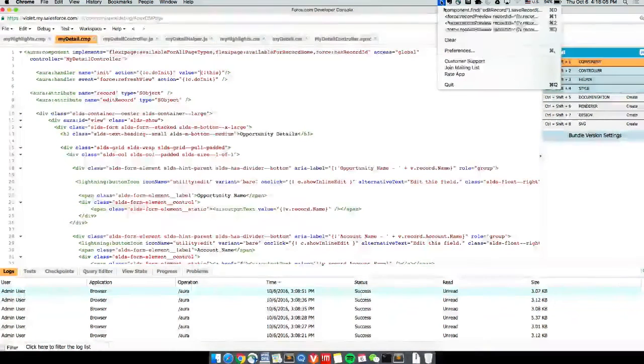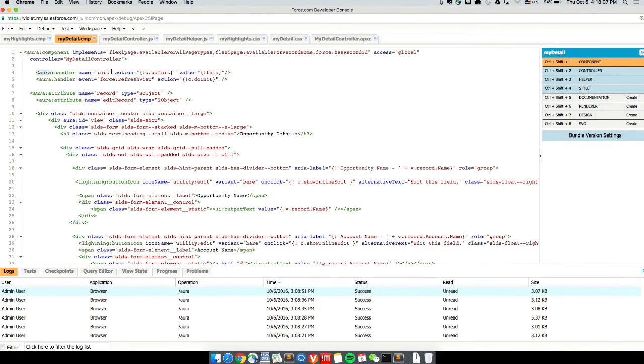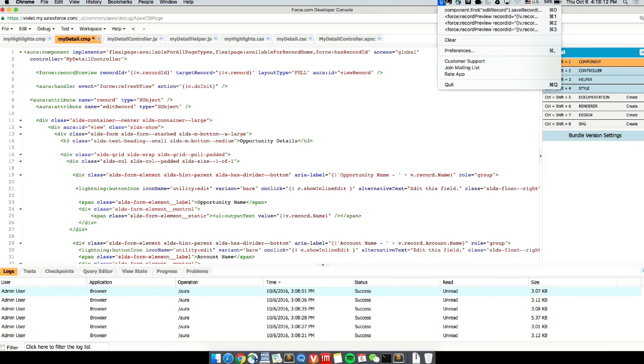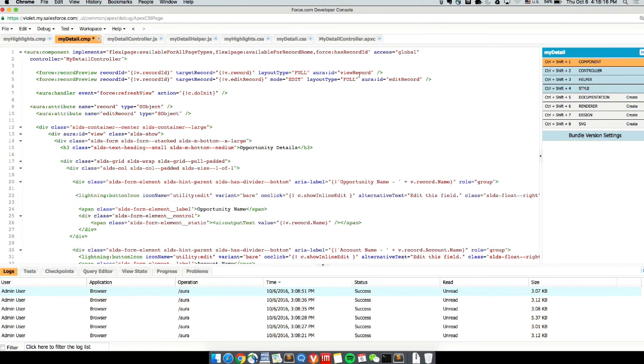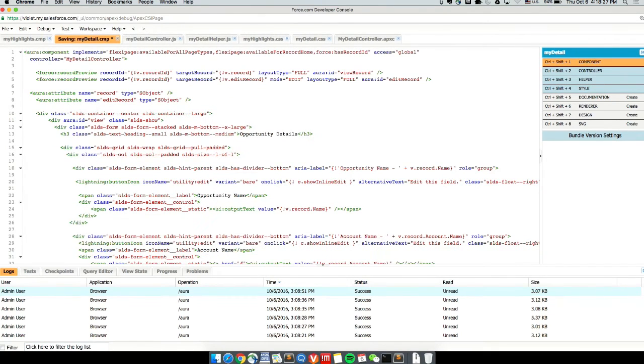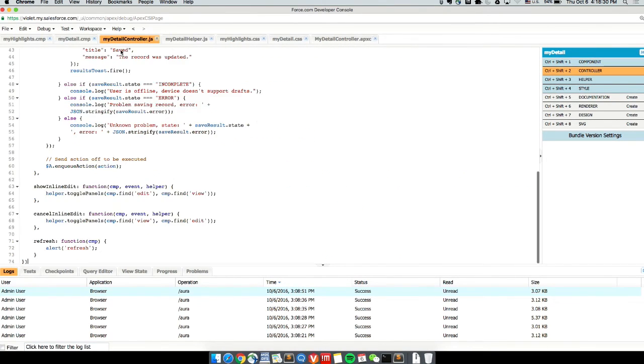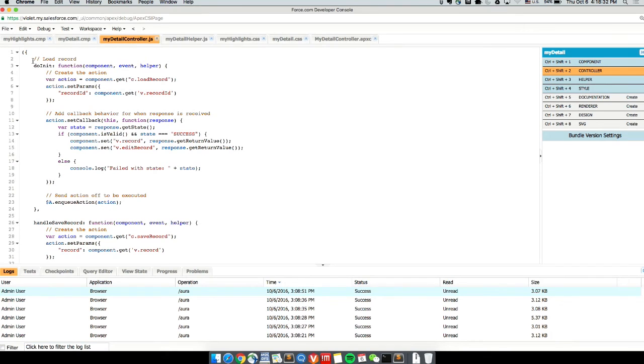So I'm going to use Force Record Preview as well. Here I'm using two Force Record Previews, one to load the record in edit mode, and the other in view mode. Also, I don't need to refresh view anymore. Now, if I look at my JavaScript controller,